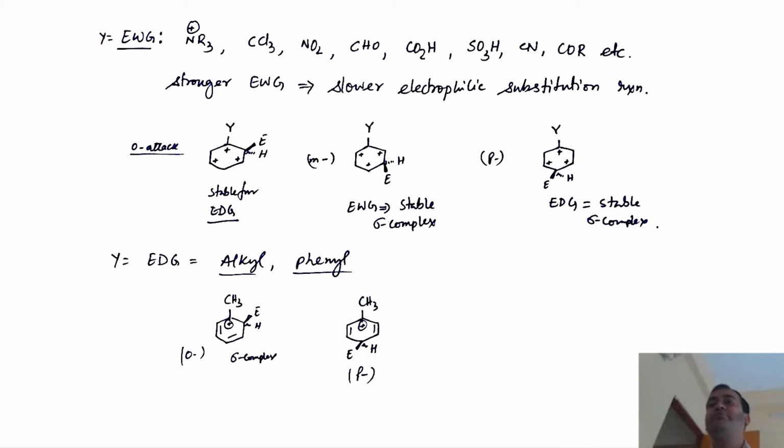It is a plus I effect, so it will definitely lead to ortho and para, because the positive charge is at this place, and when it is the para attack, the positive charge also comes at this place. In both cases, these two positive charges will be stabilized by the plus I effect of the CH3 group. So there is absolutely no doubt. And because CH3 has the plus I effect, the reaction rate for toluene will be a bit faster than benzene itself. That is how these alkyl groups become ortho-para orienting.